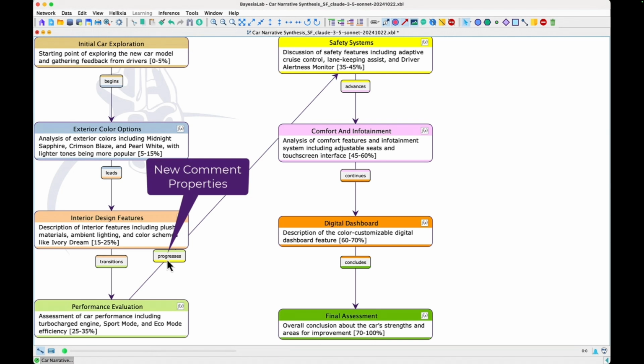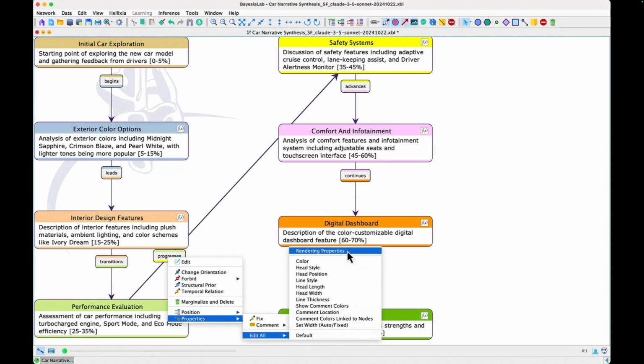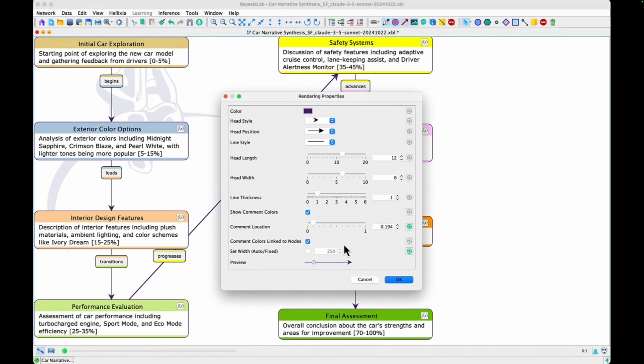And this is something new for the comment associated with the arc. Before, the color of the comment was the color of the link. Now it has its own color, and we have two colors that are available now. So we have the top and bottom. This is something you can check here by going to the rendering properties. And this is very useful to identify what is the parent and what is the child. So the top color is the one of the parent and the bottom is the one of the child.